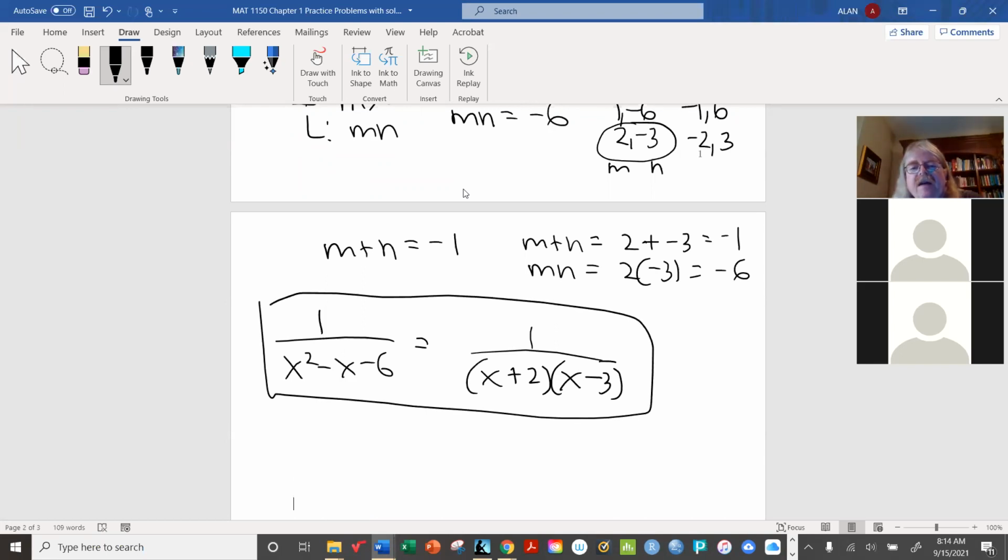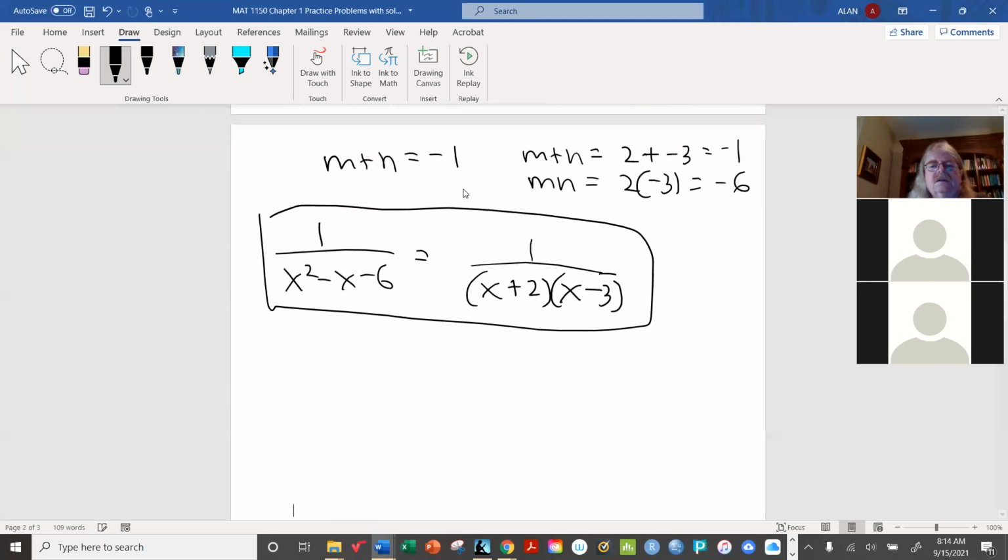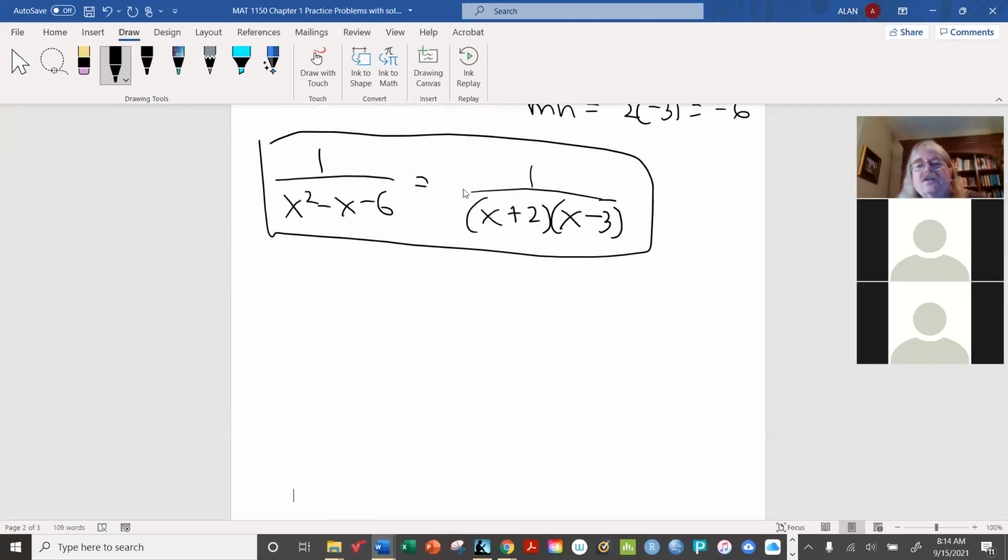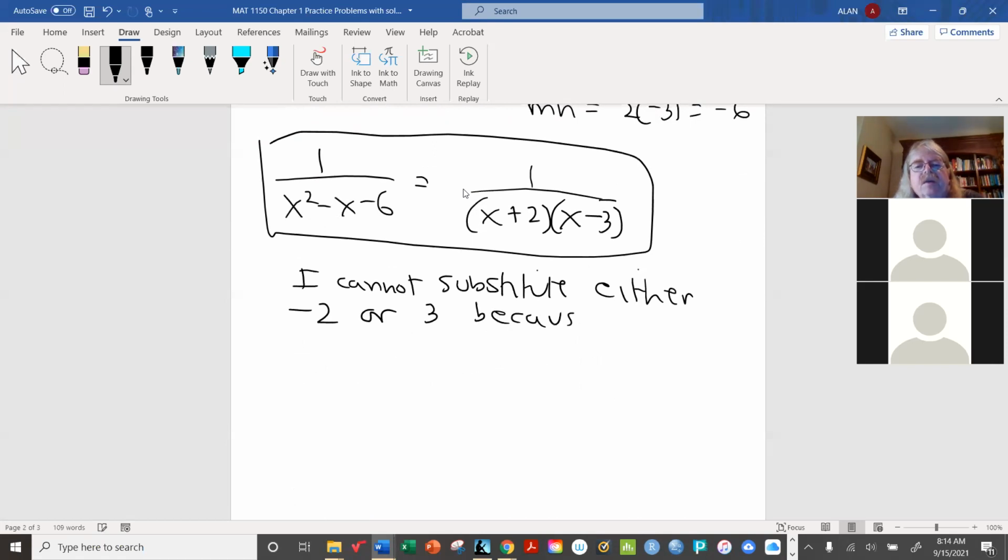And so if I were to set this equal to 0, or actually I don't have to set it equal to 0, what I'm going to notice here is that I cannot substitute either negative 2 or 3,